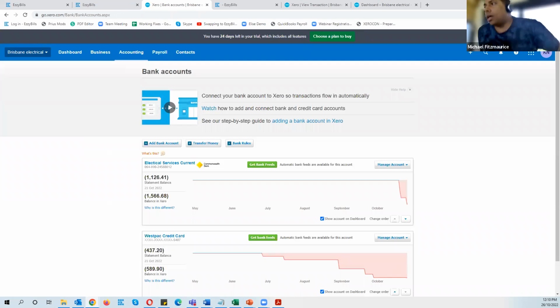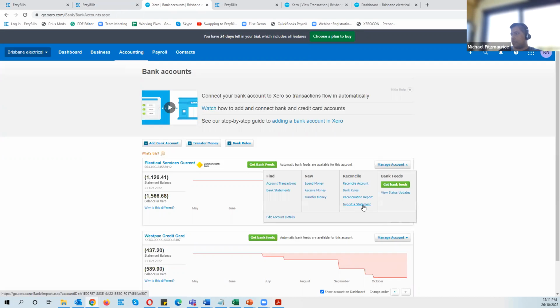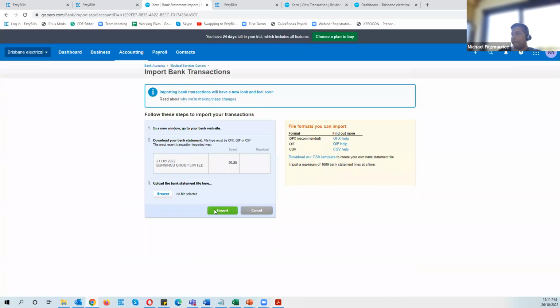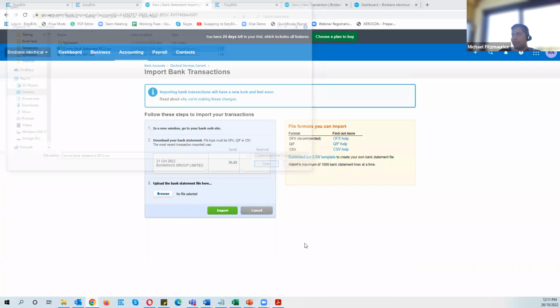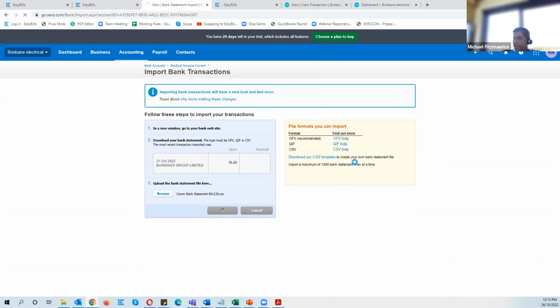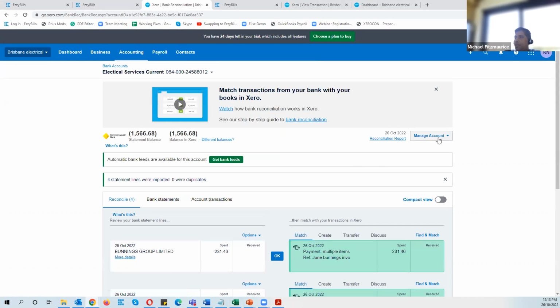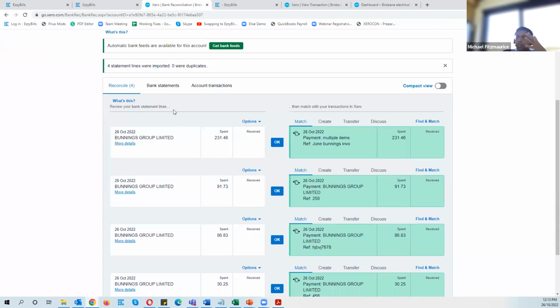All right, so again, I'm assuming your bank account is usually connected to Xero, so you get it in real time. I don't have it, so I will import the statement, select the statement, and import. All right, finally. So now you can see as soon as the moment I have imported, on the left, we